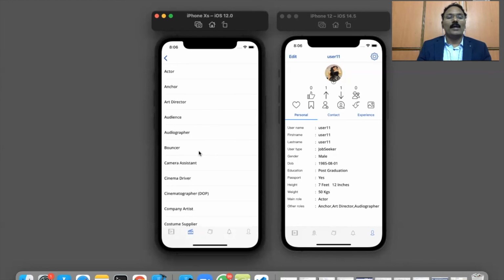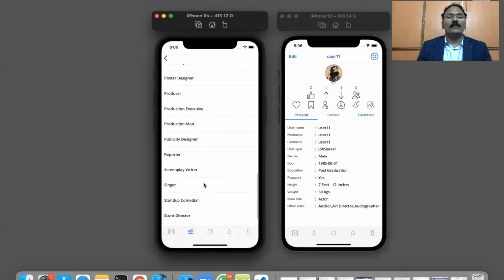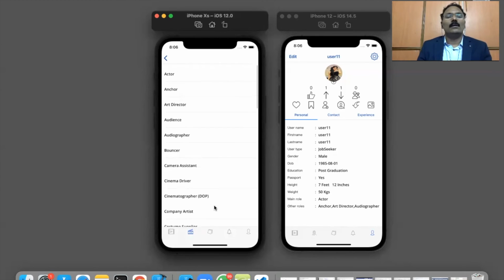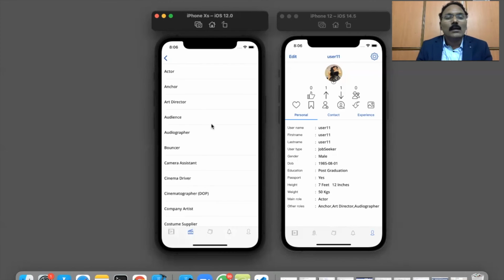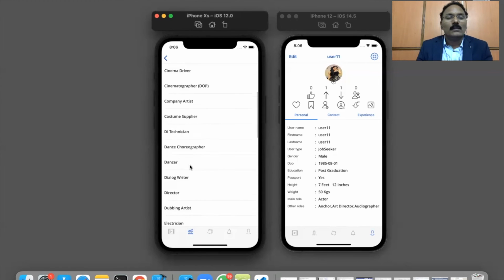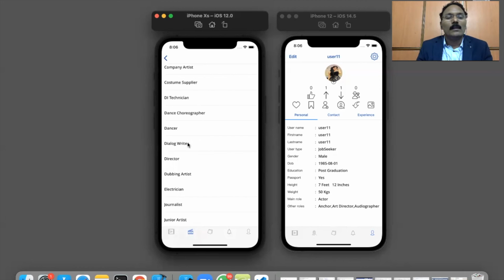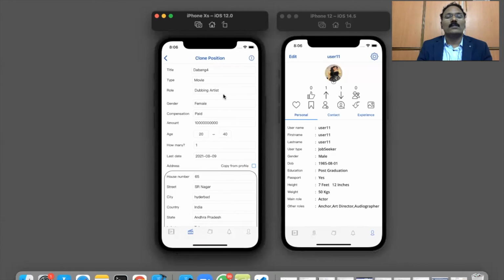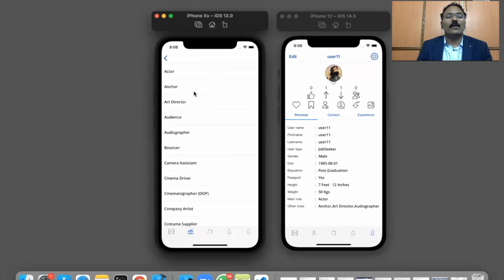Suppose you want to hire DOP, yeah, you can see here. Okay, you can search it, and then you can select the role, whatever you wanted.